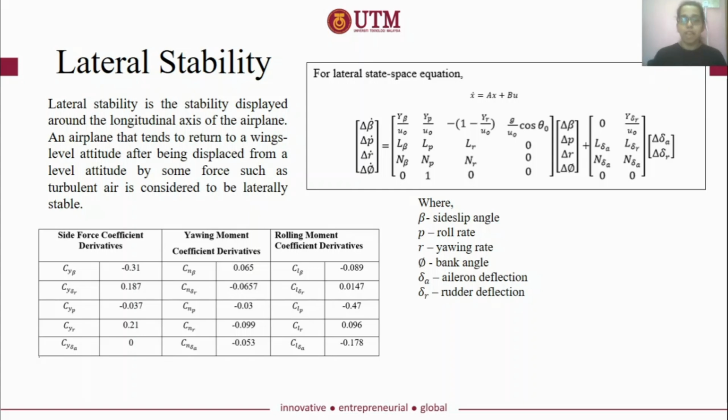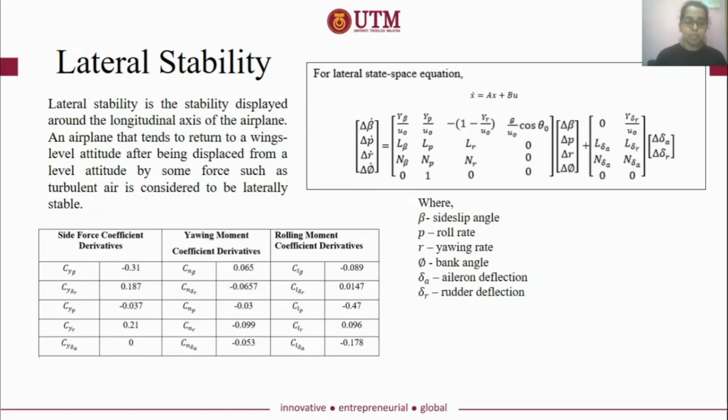Phi is the bank angle, delta A is the aileron deflection, and delta R is the rudder deflection. To fill in the unknowns in matrix A and matrix B, we need to find three different coefficients first: